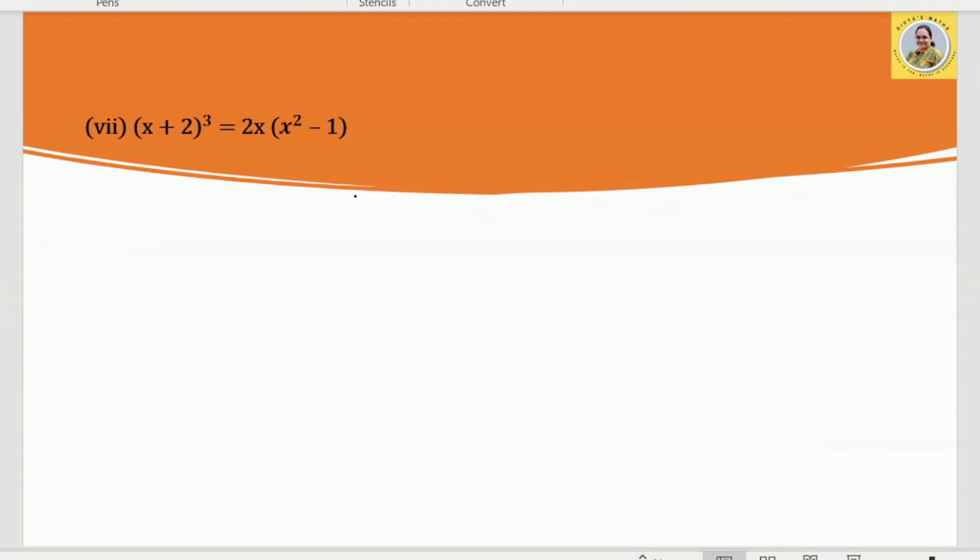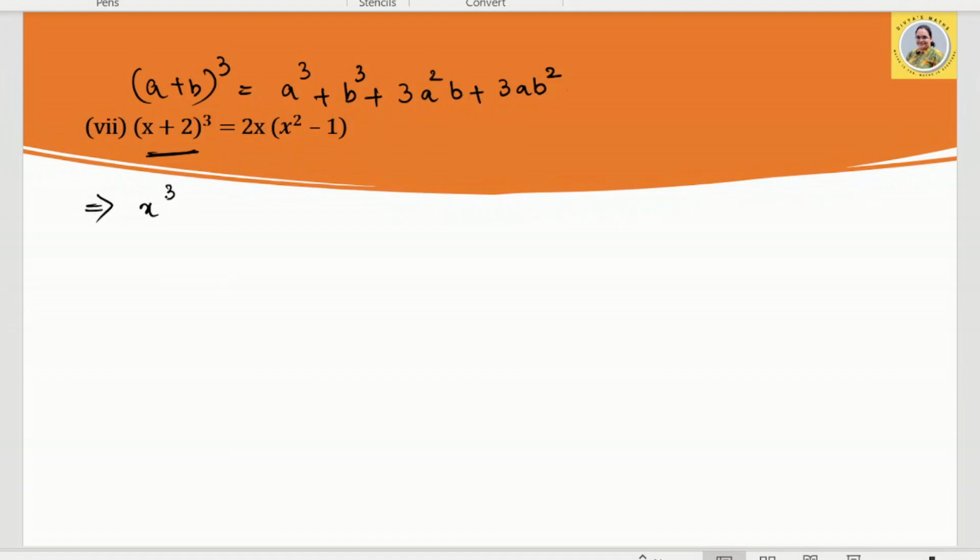So let us solve the next question. x plus 2 whole cube is equals to 2x into x square minus 1. So here we will apply a plus b whole cube. What is a plus b whole cube? a cube plus b cube plus 3a square b plus 3ab square. Now let us expand this one, which is x cube plus 2 cube plus 3 into a square